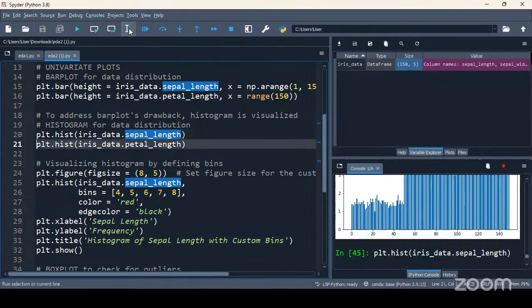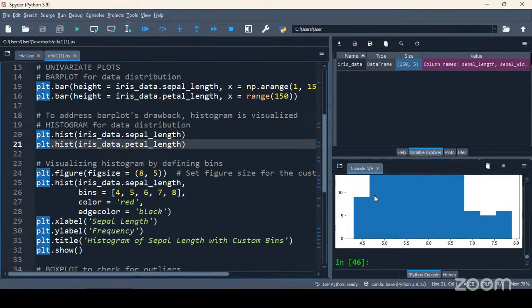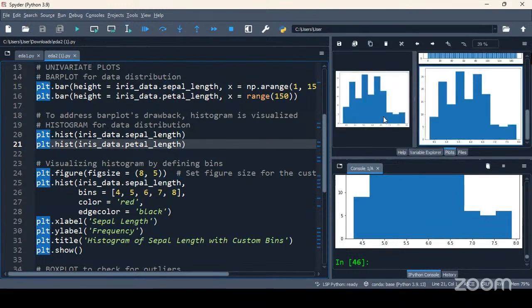Let me do it. See, so this is the histogram. I see that there are some groups, some clusters. Because of that, there are three different peaks. Instead of having the data in one single peak, there are different groups, but the long tail is towards the right side again. So probably these values may or may not be outliers. We are not sure.